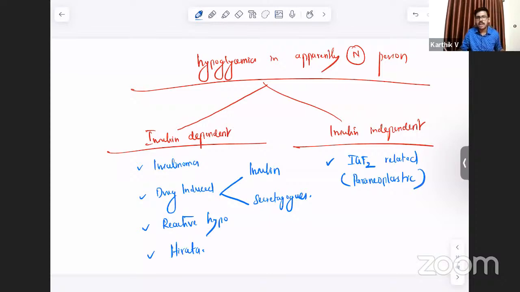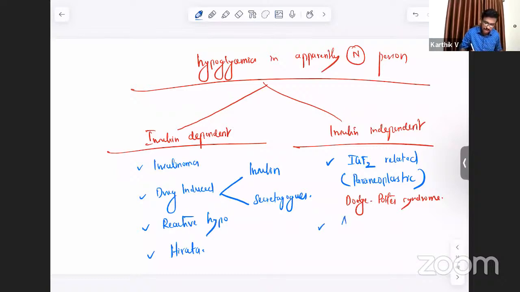Paraneoplastic hypoglycemia. And I would mention one eponymous name for this condition, which was previously asked in one of the entrance examinations. Doege-Potter syndrome. So paraneoplastic hypoglycemia due to a mesenchymal tumor, especially in the mediastinum, is what you call Doege-Potter syndrome. Okay. Then you have the other set of causes